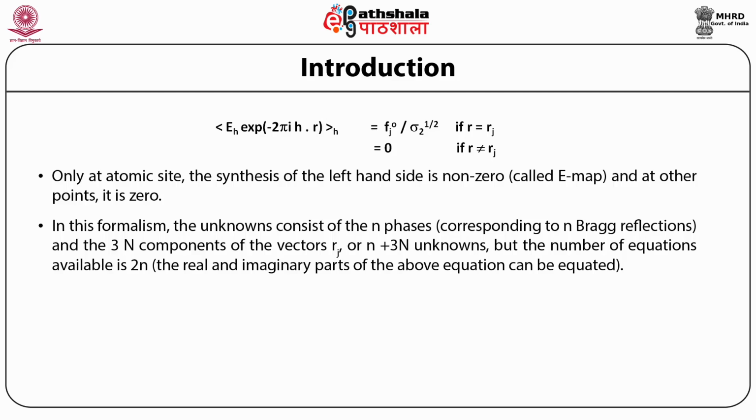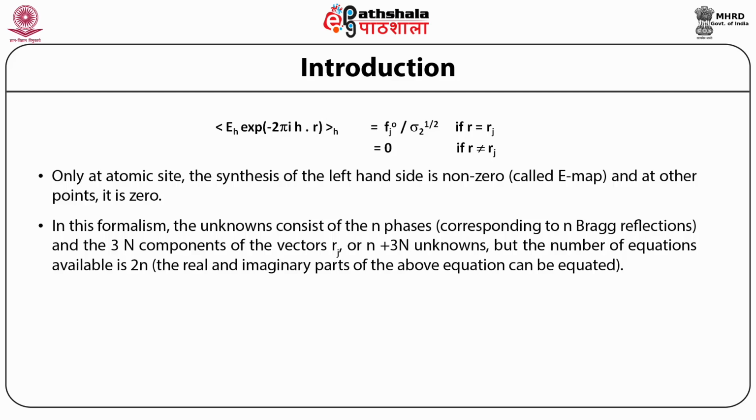Let us see. You want to solve a structure containing total number of atoms capital N equal to 100. And for that, suppose you take 500 reflections as small n. Now, your 2n equations, 2n means 1000 equations you have. Unknowns is nothing but n plus 3n. That is, n is 100, 3 into n.